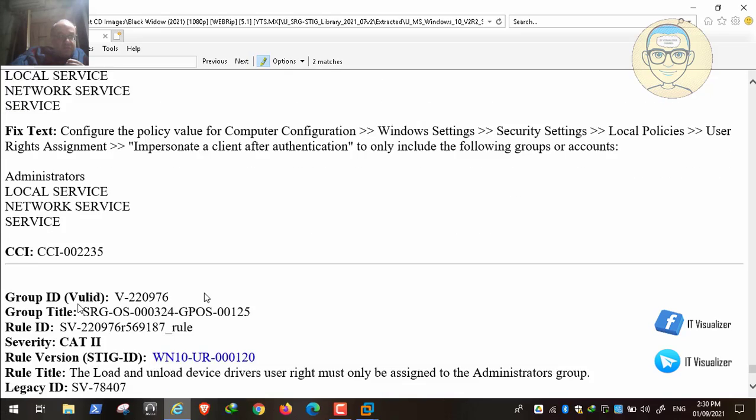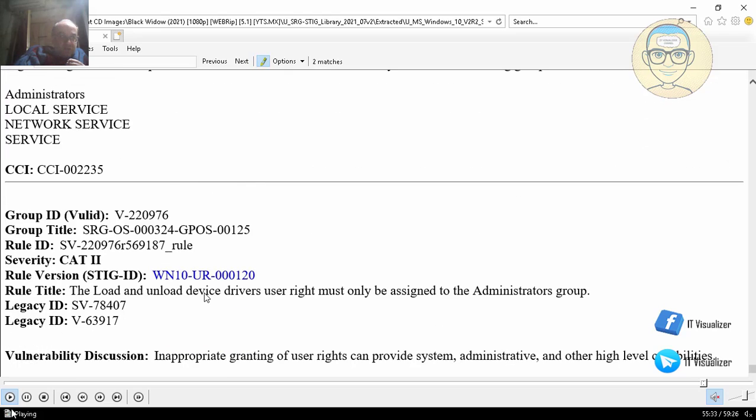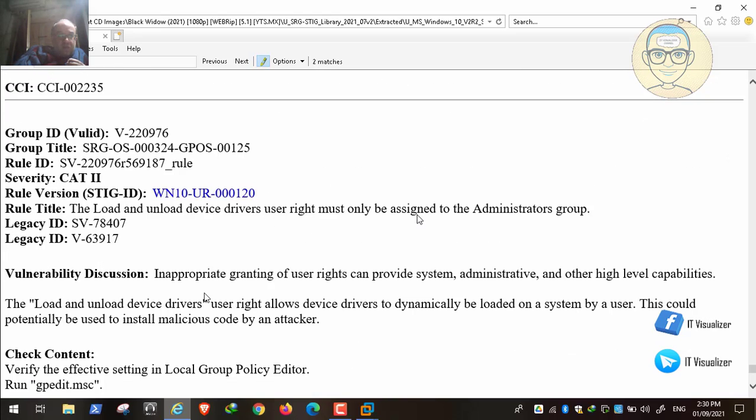Now we can continue. The load and unload device drivers user right must be assigned to the administrators group. So this is related to devices and their drivers, who is allowed to load or unload device drivers. It allows device drivers to be dynamically loaded on a system by a user, so the user can load drivers or install and uninstall drivers.